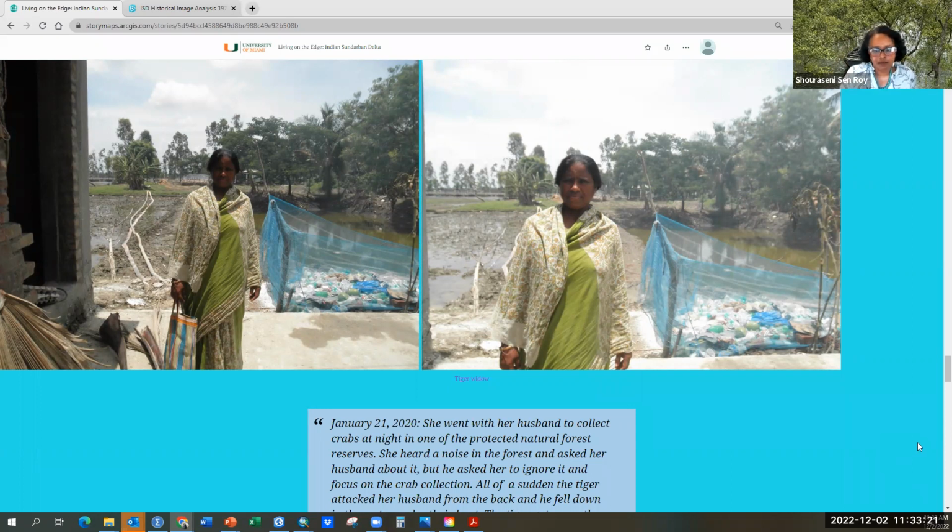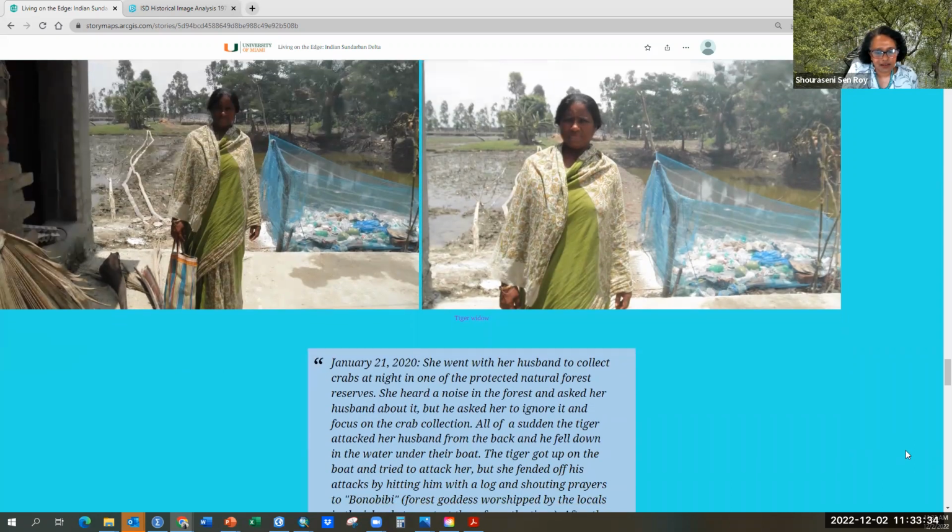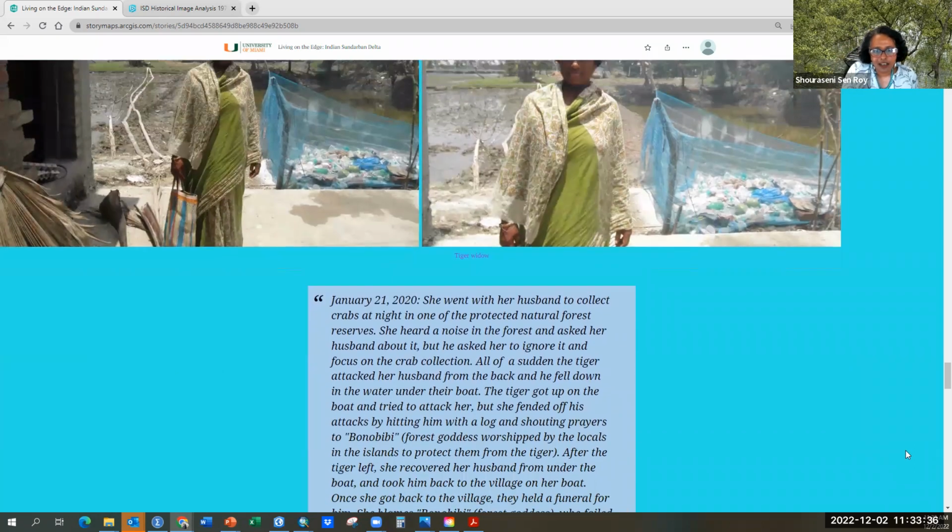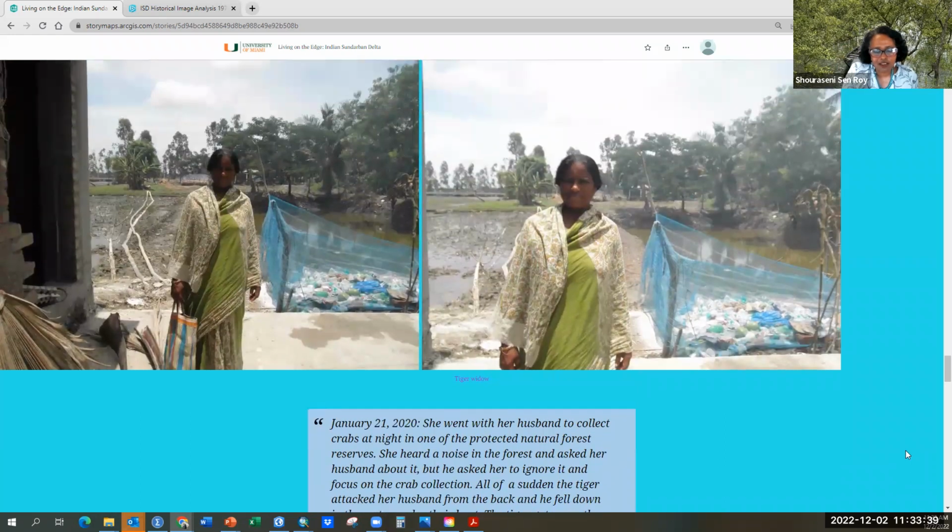So this lady lost her husband on January 21, 2020, when she went with her husband to collect crabs. She described the whole story to me. The local residents here, in every corner of these islands, especially the riverine part, you will see a lot of temples dedicated to the goddess Bono Bibi.